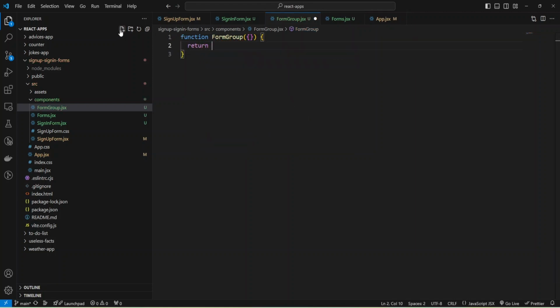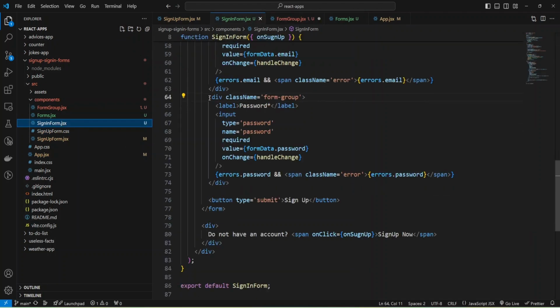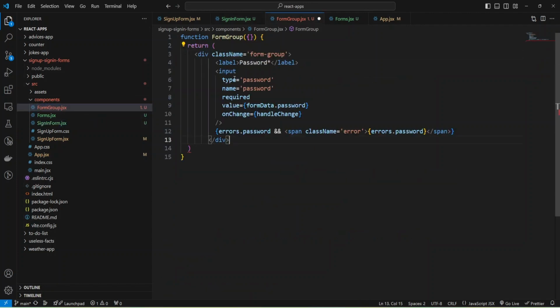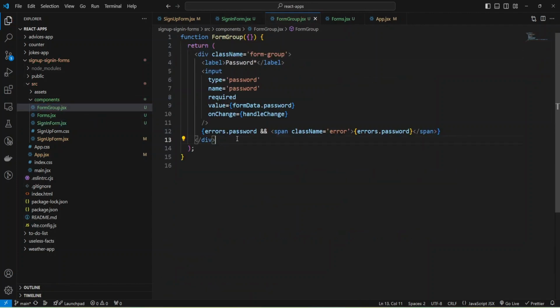Return, and copy my code for one form group. And we need to provide props for all our type, name, value, and change, and a label.